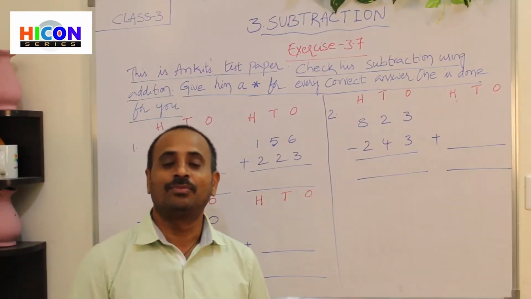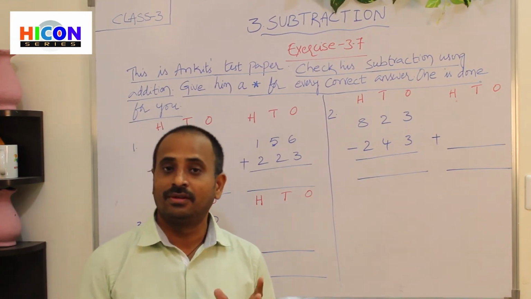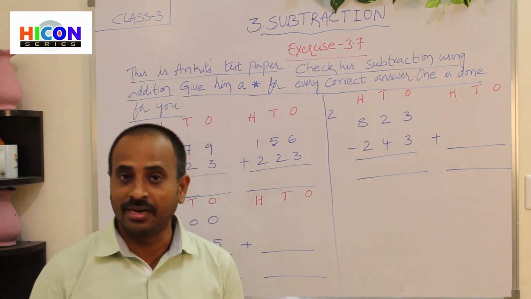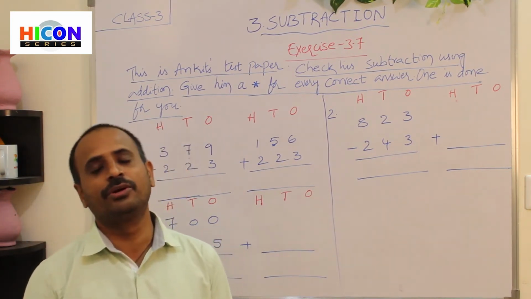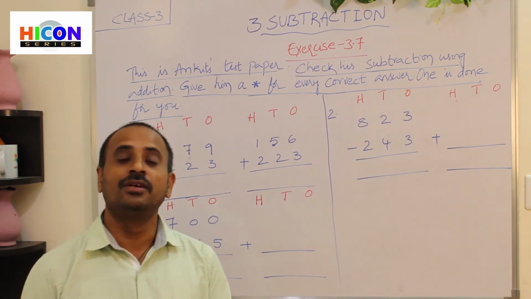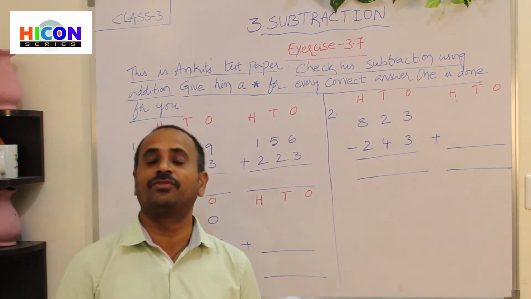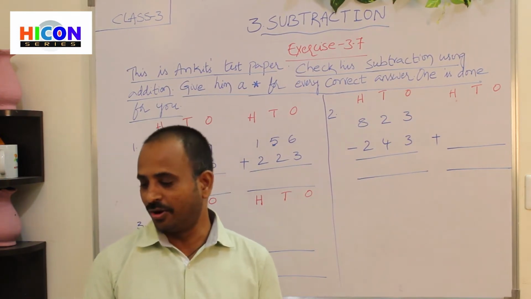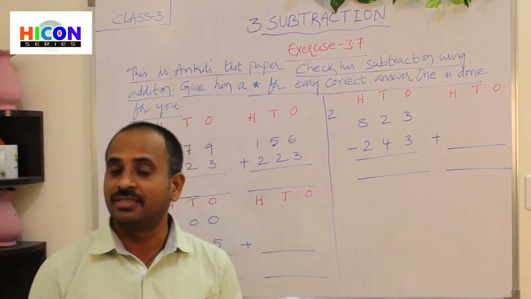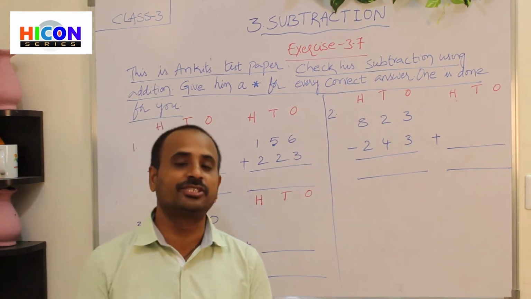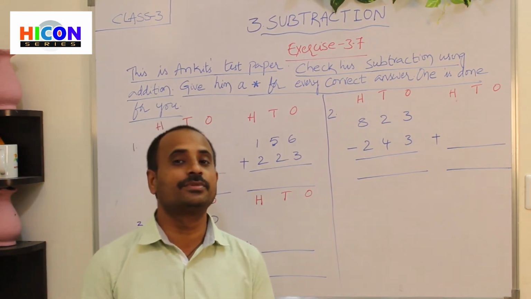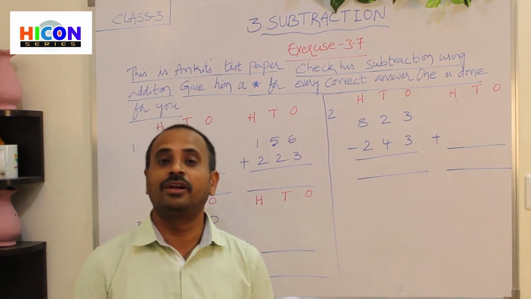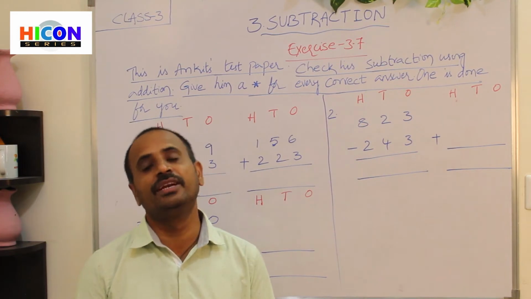Children, good morning. Up to now we have discussed the subtraction of 4-digit numbers with regrouping and without regrouping, and also how to estimate the difference of two numbers and how to compare the difference with another number. And now we are going to discuss the relation between subtraction and addition, which we have already discussed in earlier episodes, and how we can check the subtraction by addition.